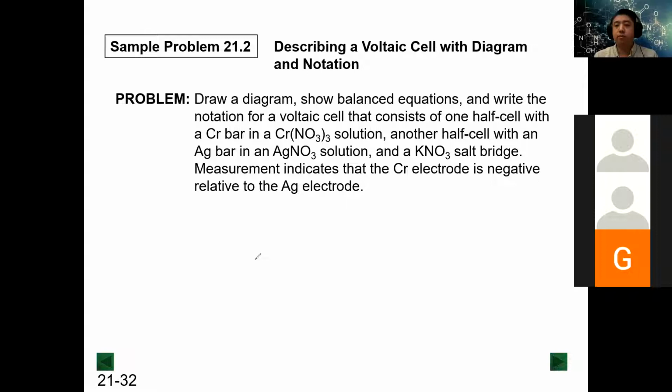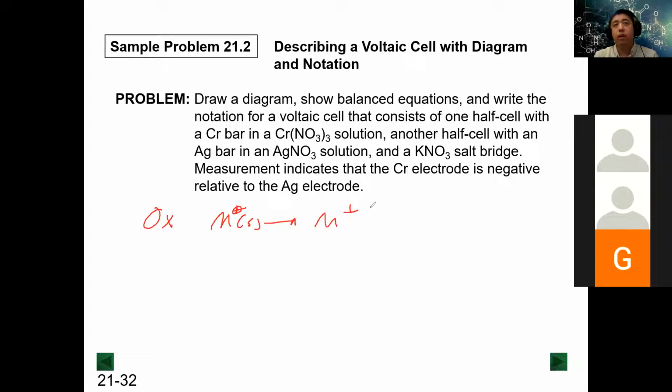Would it be on the right side? I'm sorry. If we're undergoing oxidation, it should be on the right side. If we're undergoing reduction, it should be on the left side. Okay. So once again, oxidation should have some kind of metal in the solid form